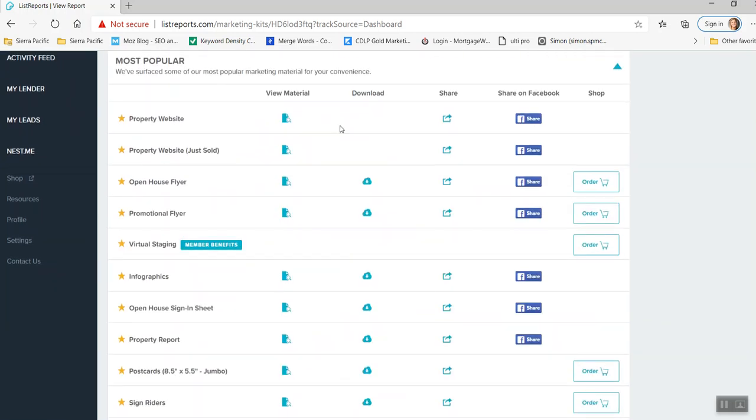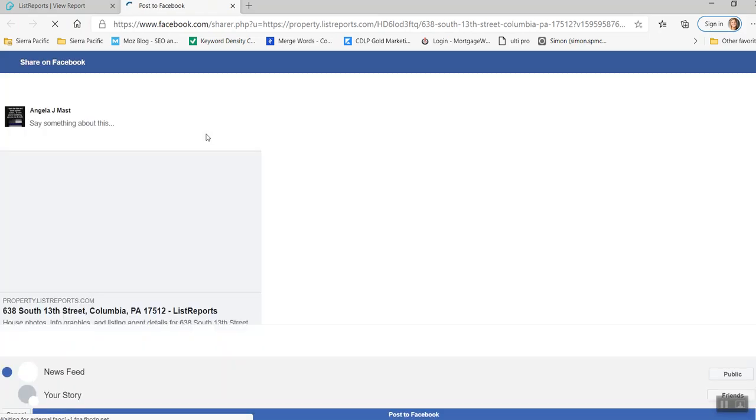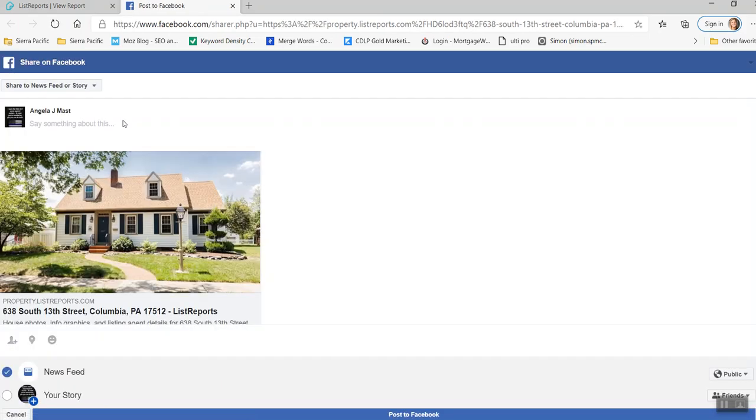This will be what pops up when it's finished creating your marketing for you. So you have your property website. You can view it here. You can share it by clicking the link here, Facebook share, email it to someone, email it to yourself, or put it on Twitter. Share to Facebook, super easy. Click the link, and once you've already set up your Facebook in your settings, it will easily share to